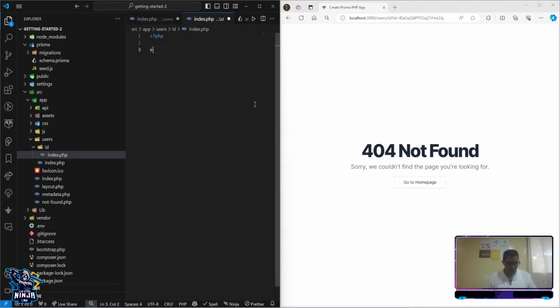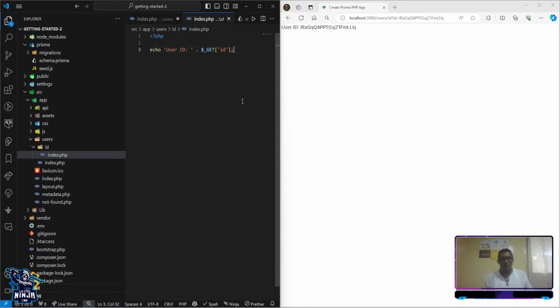So we're going to do, let's say, echo ID and get ID. So when I save, I have already created my router ID, easy as that. I already have my user ID and it is displaying in my